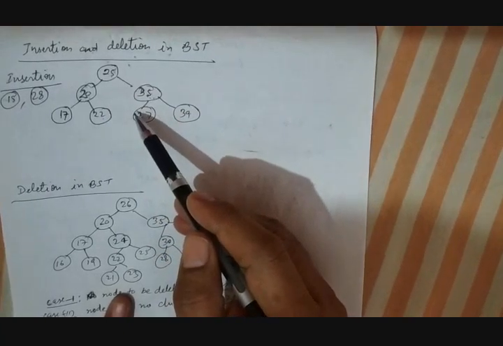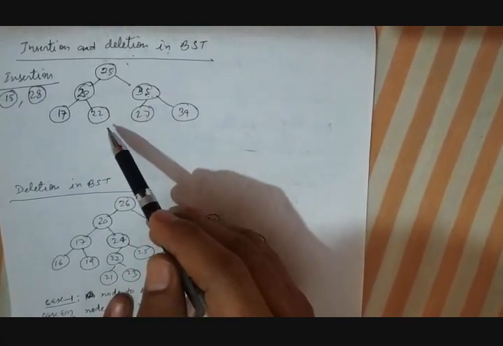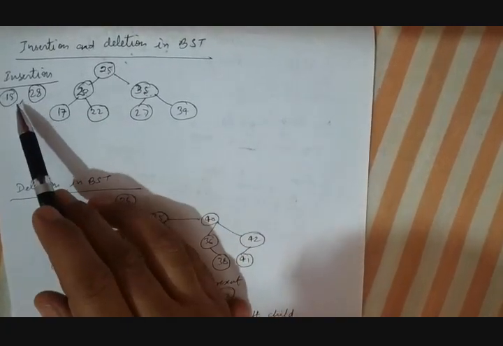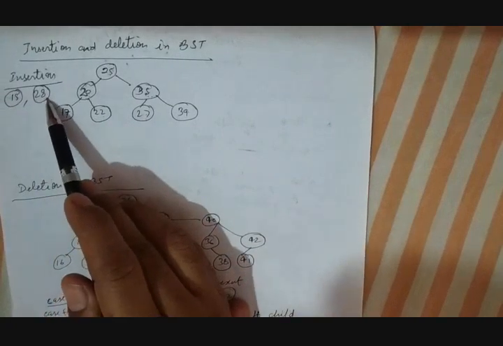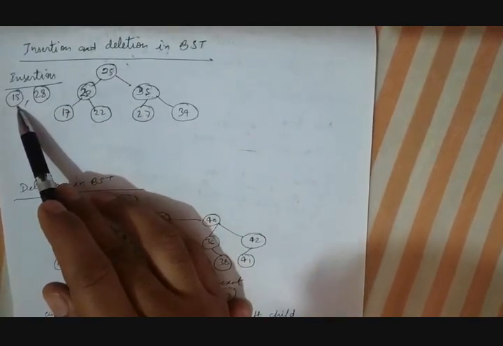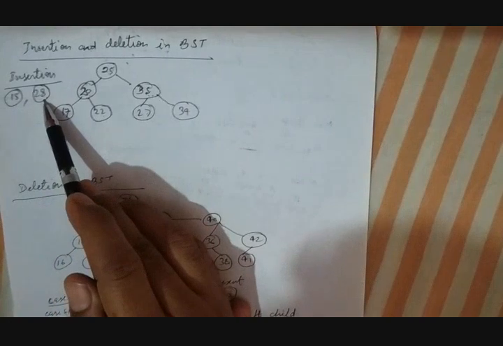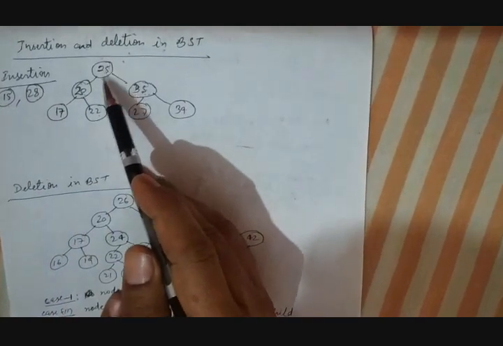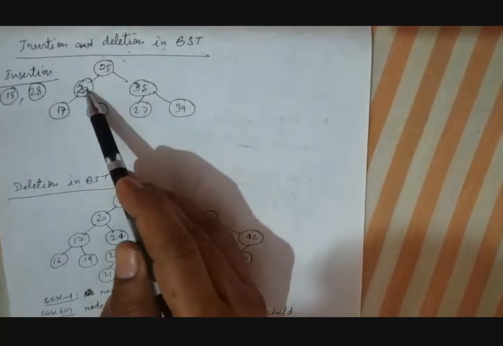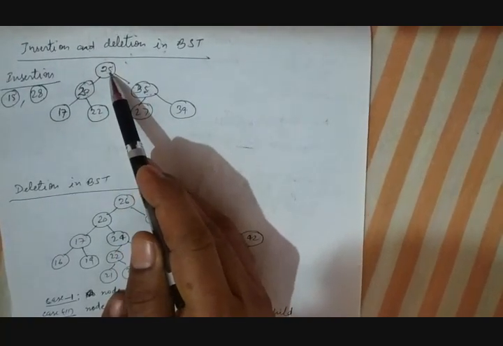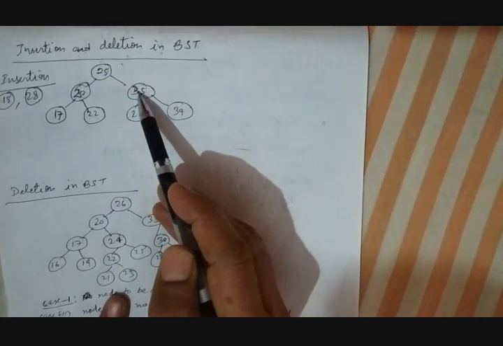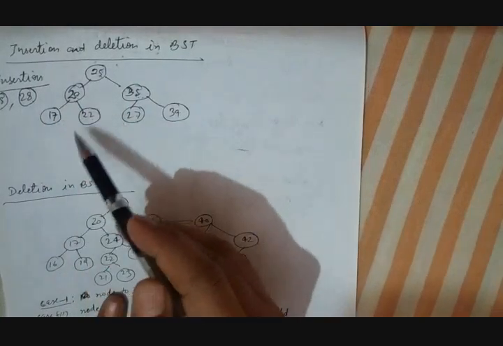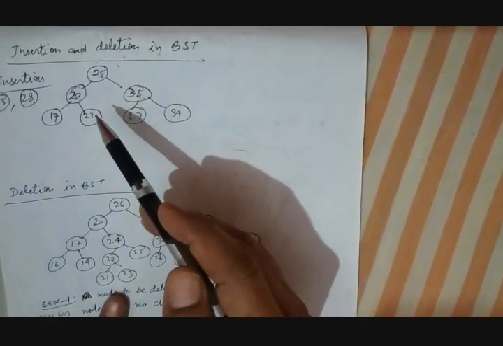So now first we will discuss how we can insert some nodes into a binary search tree. There are some rules. Suppose we want to insert two nodes here, 15 and 28. So how can we insert any node into a binary search tree? Since a binary search tree holds the property we just discussed, the left child key value should always be less than the parent and the right child key value should always be greater than or equal to its parent. So we have to insert these nodes in such a way that the binary search tree property is maintained.